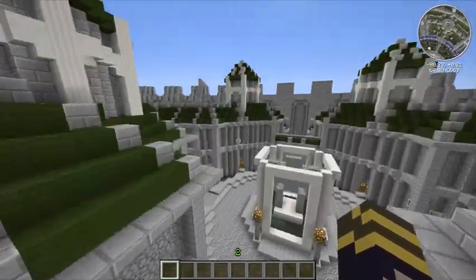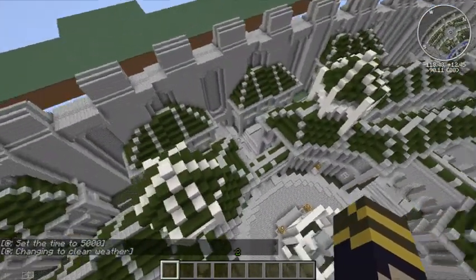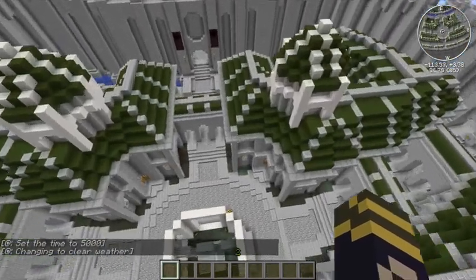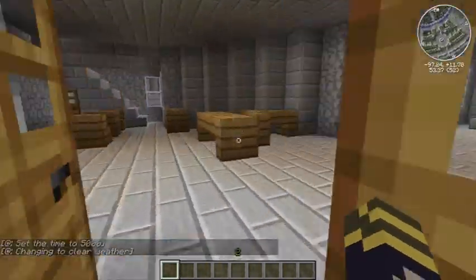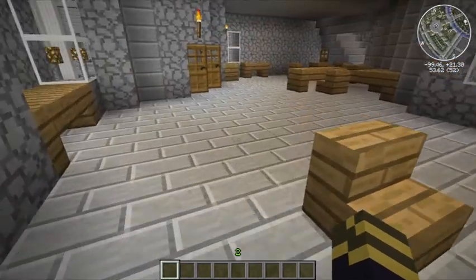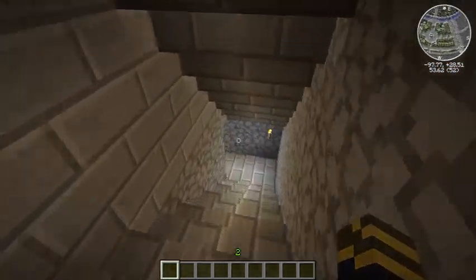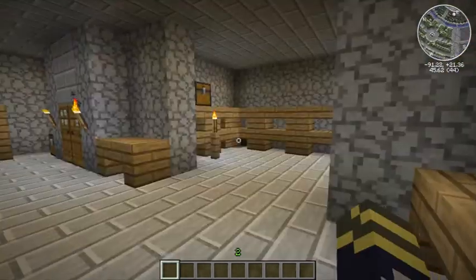So, this district right here, the Talos District, is pretty much complete. I think the only thing left to do is, when 1.6 is released, carpet the entire area. I've replaced everything with the stone instead of orange wool. And now, if we come down here, we've got